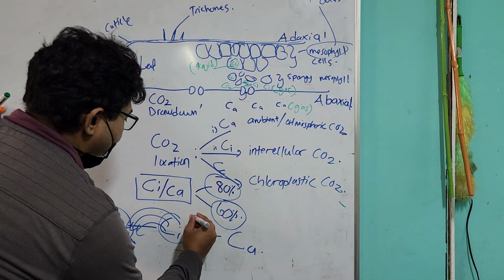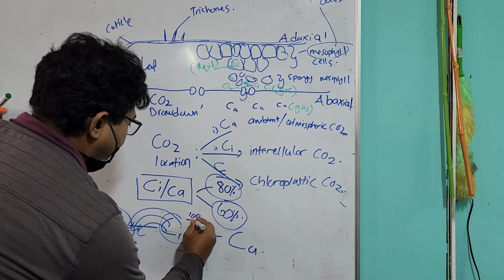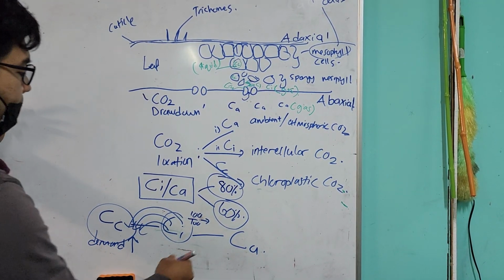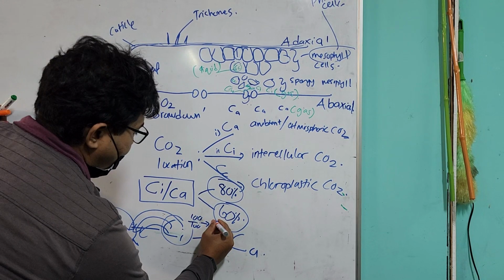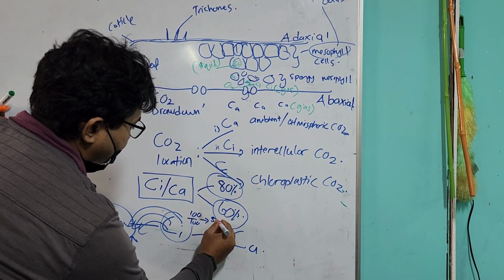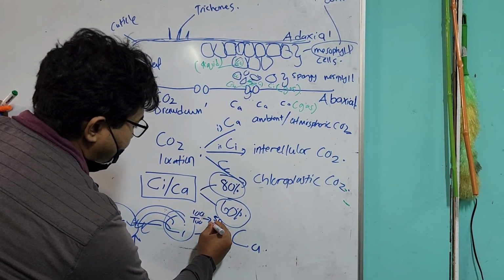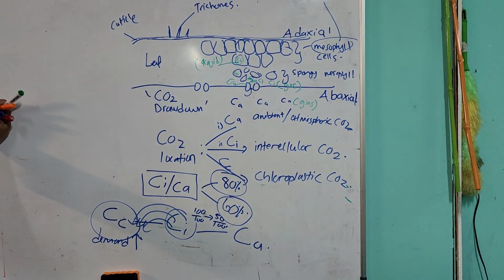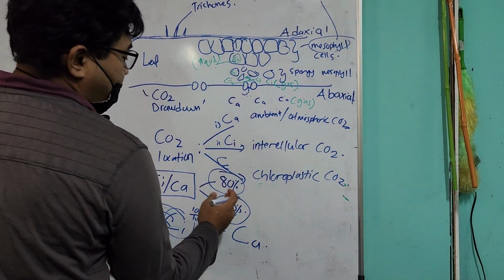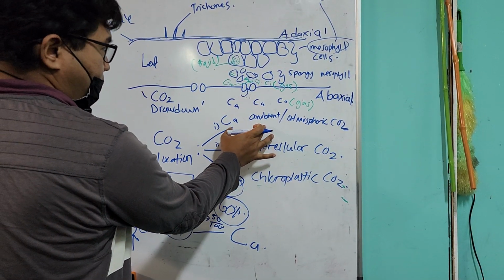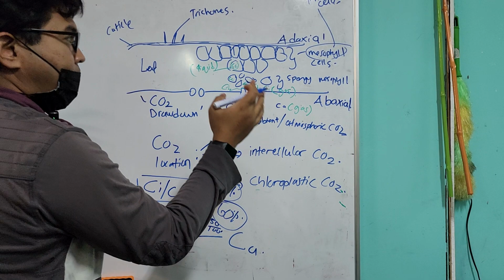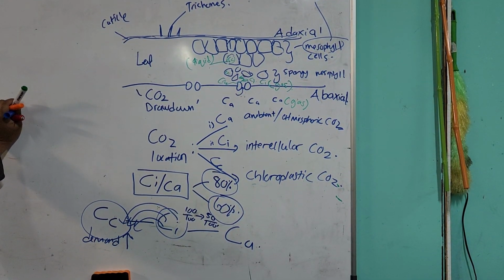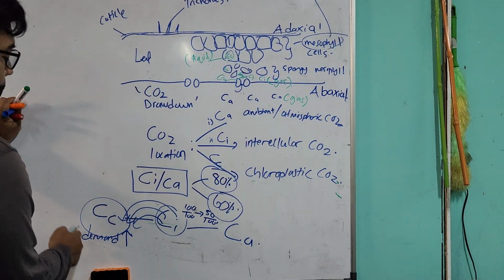So originally, from 100 over 100, because the demand is so high, now it becomes maybe 50 over 100, meaning that 50% of CO2 that is available to the leaf has entered the void in order to satisfy the chloroplast